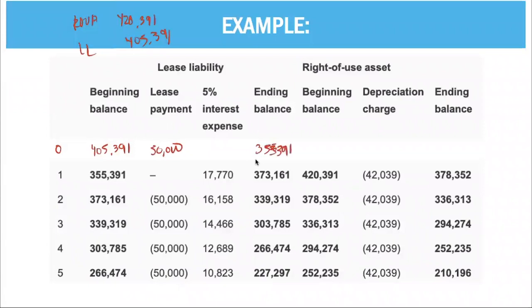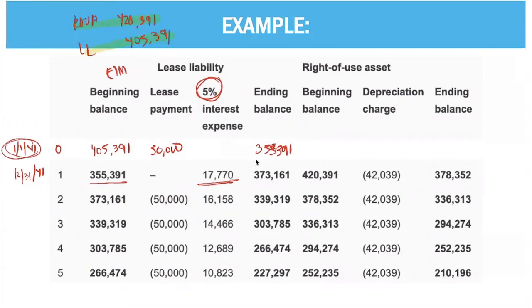Okay? And let's say this is January 1, year 1. So on December 31, year 1, you will amortize it for 1 year. So 355,391, you will not have a lease payment because your lease payment is every January 1, year 1. So our interest expense is 17,770. That is based on your 5% interest. Okay? You already know how to measure the lease liability. I don't have any problem with your effective interest method. My main issue here is for you to properly measure the right of use of asset and the lease liability